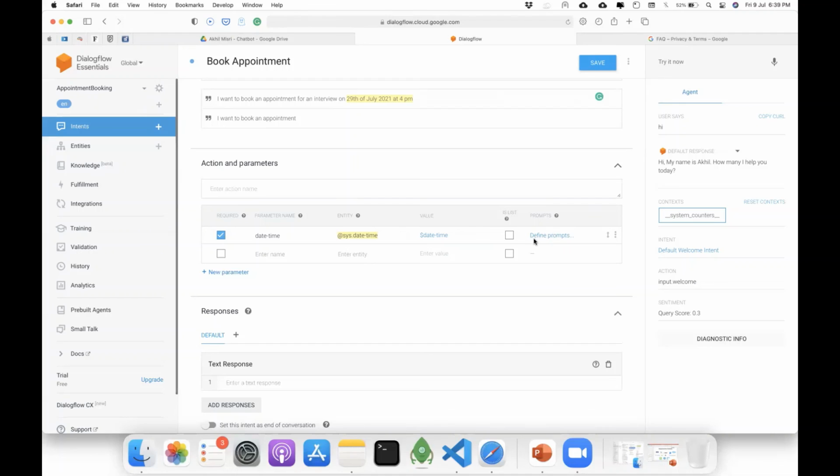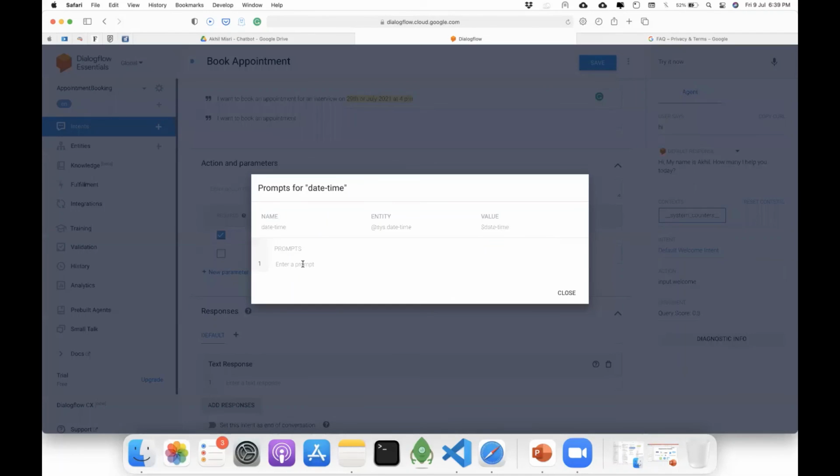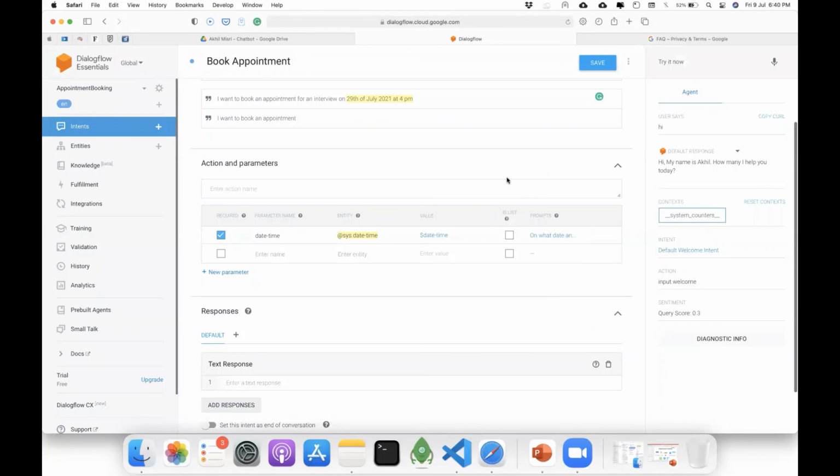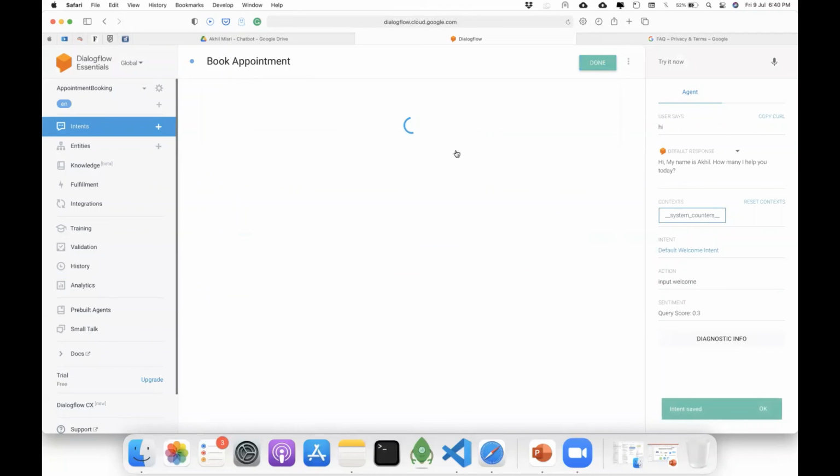So now it says define prompt. I go here, I say, on what date and time do you want to set the appointment? I close this. So now let's see what happens, right? So let's say I click on save. Sorry.